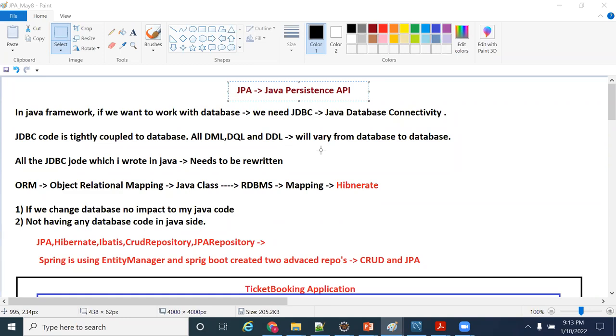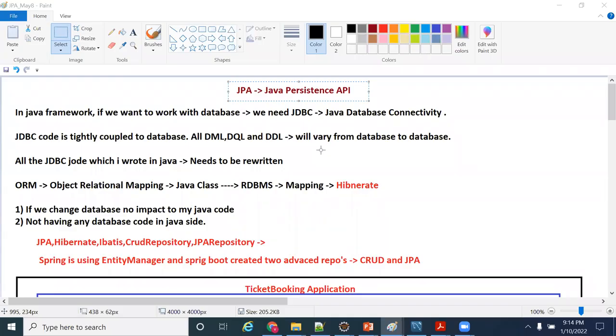Now you are using the Oracle database name, Oracle user ID, Oracle password. In the same way, you will change from Oracle to the MySQL database name and MySQL connection string. That's it. You need not change any of the things. The framework will automatically take care of that. Am I right, guys? So that is the purpose of JPA, Java Persistence API.